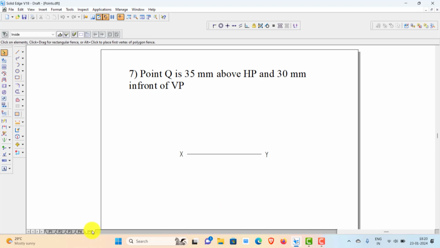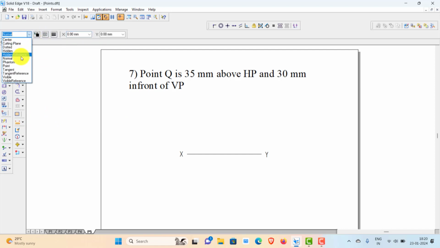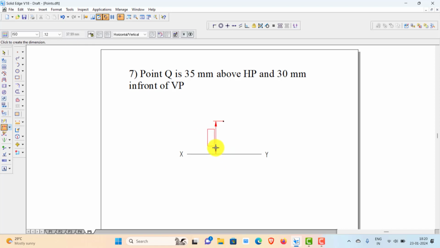Now let us try another example. Point Q is 35 mm above HP and 30 mm in front of VP. So point Q is 35 mm above HP. So distance from HP is to draw the front view. So 35 mm above HP. So take the point. I'll use the point line type. Here mark the point and adjust the distance between the point and XY line to 35. So this is Q dash. So you got Q dash, that is a front view, and 30 mm in front of